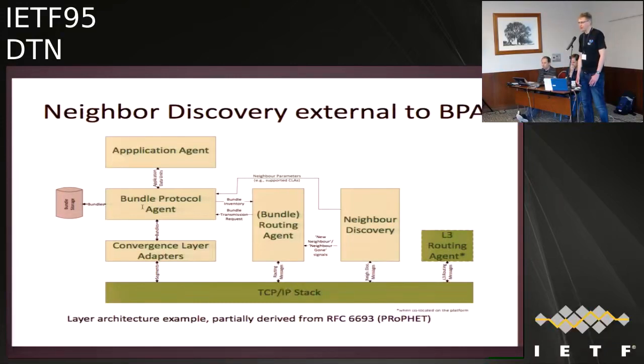So yeah, I could say every node should have a datagram-based convergence layer that's capable of sending out the neighbor discovery beacons as multicast, but I don't want to do that. Maybe I only have a TCP convergence layer and not a datagram-based one. I don't want to make any a priori assumptions about the availability of a certain type of convergence layer on the nodes that I might be encountering.